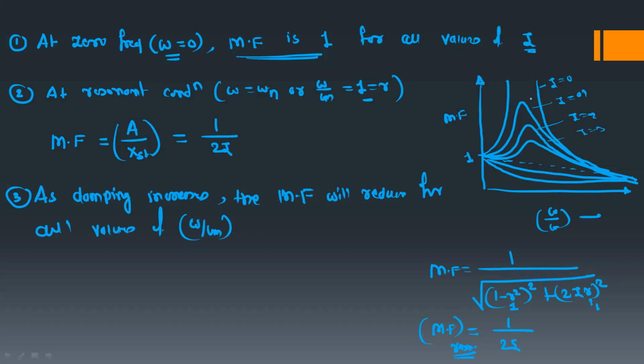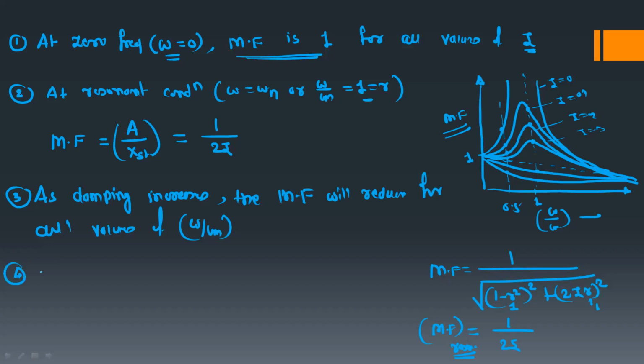So you can observe here, just select any one frequency. Let's take the frequency ratio as 1. Just draw one vertical line. As we are increasing zeta, you can observe this maximum value is continuously reducing. You can select another value, let us take 0.5. You can observe the same condition here. For increasing value of zeta, there is a reduction in the maximum value. That is called the magnification factor.